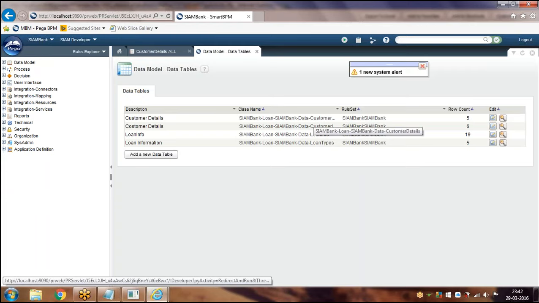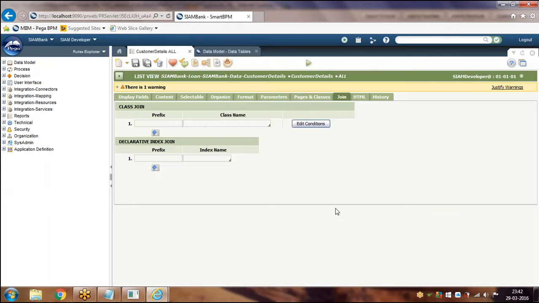But in real time, you might have the data in two classes. You have to join those two classes, get the data and display it in the list view. So list view supports joins as well, and the type of join list view supports is inner join only.